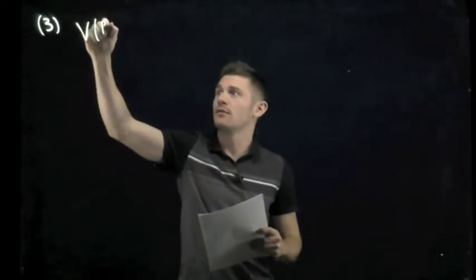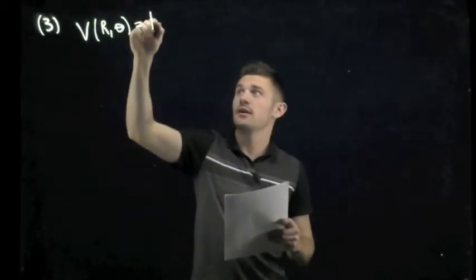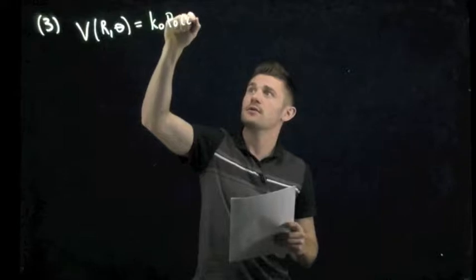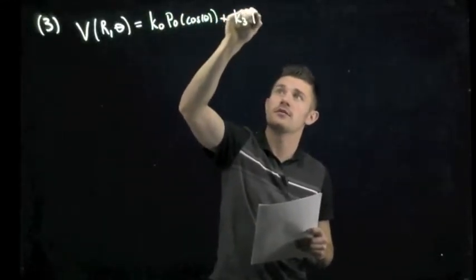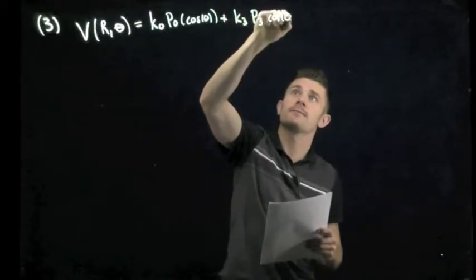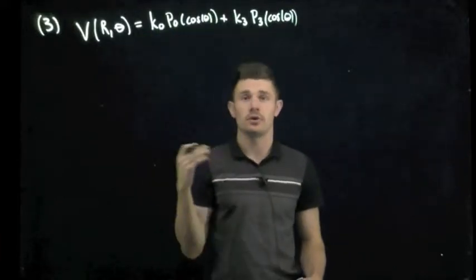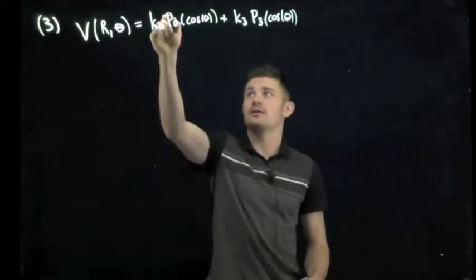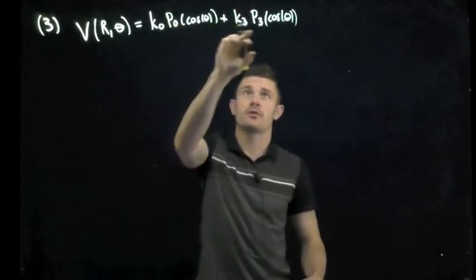For question 3 of the midterm 2 solutions, we have the question asking that the surface of a sphere has a potential given by V of r, theta, where r is the radius of our sphere, is equal to k naught P naught cosine theta plus k3 P3 cosine theta. So right away we know that because it's the potential, we have k naught and k3 with the correct units to make this work, and our P naught and P3 are Legendre polynomials of the 0th order and the 3rd order